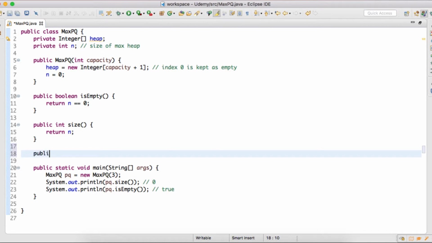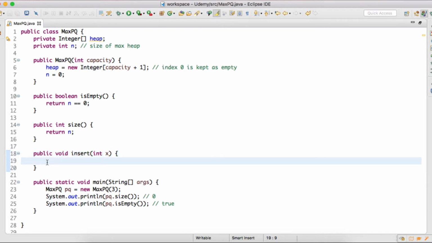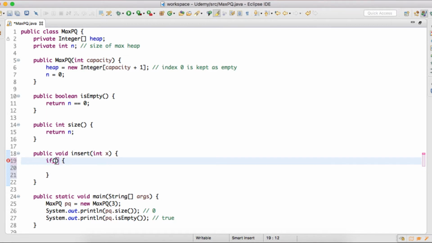So we'll create a method as public void insert. This insert method will take in a value which we want to insert. So here I am taking the argument as x. Inside the insert method, first we will check whether this heap array can accommodate a new value or not. So we'll simply check whether the value of n is equal to heap.length